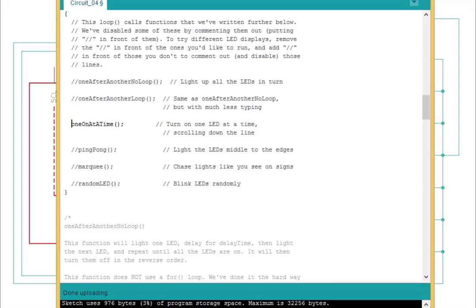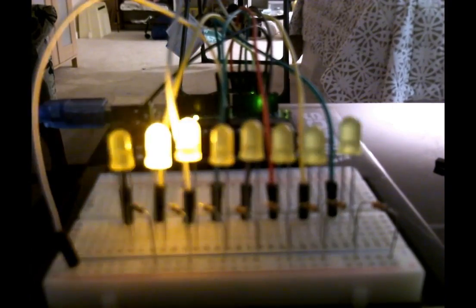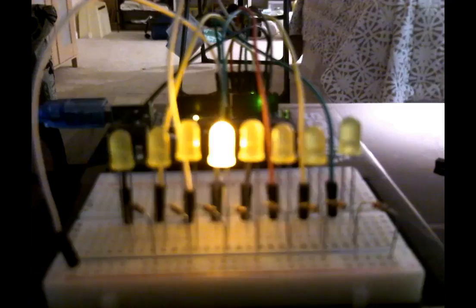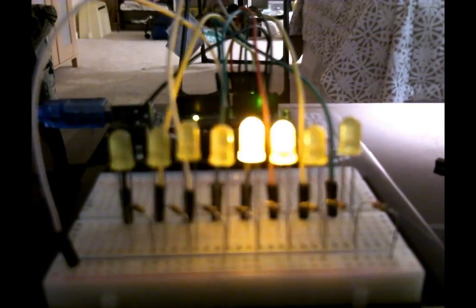So, next one on the list is ping pong. This one, instead of going back to the start, should stop at the end of the line, blink an additional time, and then head back down the line. So we've got our LEDs, upload the program, and yeah, it's holding on those end positions for slightly longer, but it's bouncing from one end to the other,